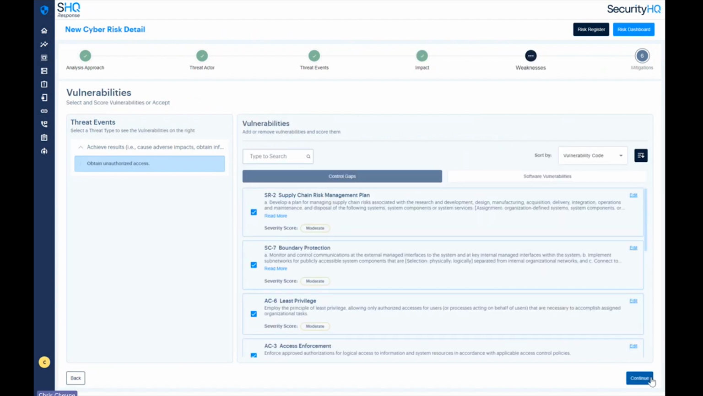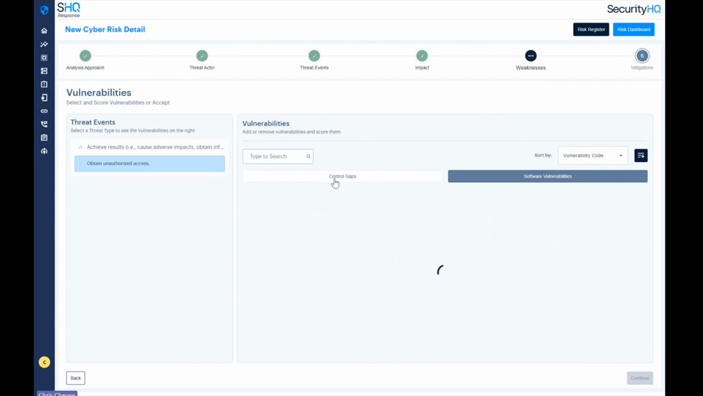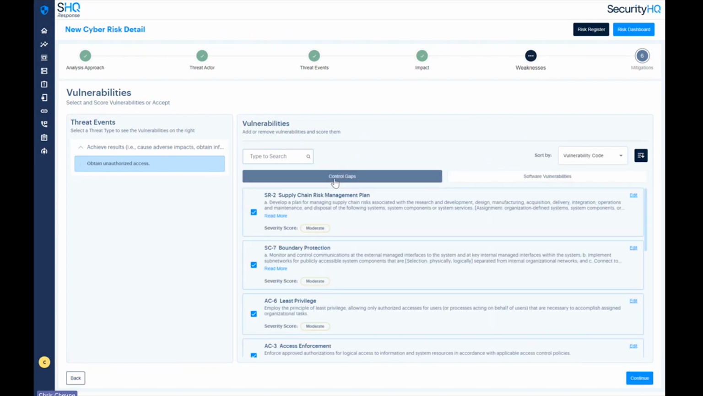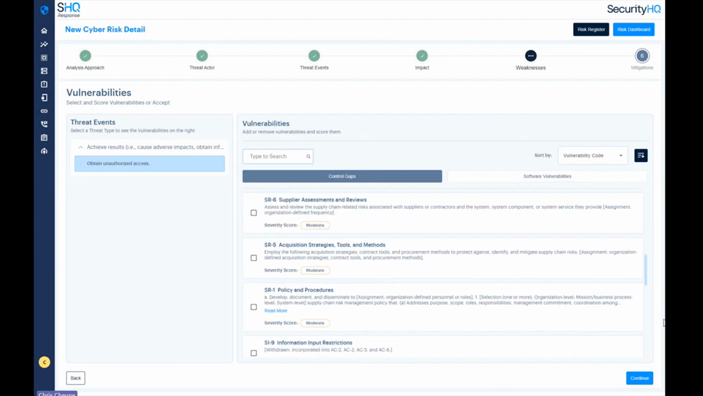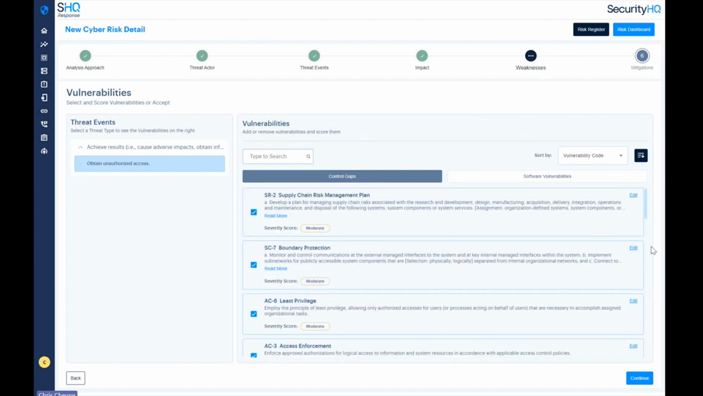Next, you want to assess the vulnerabilities that will need to be exploited as part of these threat events. So what we've got here is two things. We've got software vulnerabilities, or we've got control gaps, things where there may be a complete absence of a management or a technical control that would seek to perform a countermeasure against that threat event. So in this case, you can simply scroll through, and you'll be presented with a number of different control gaps from the NIST